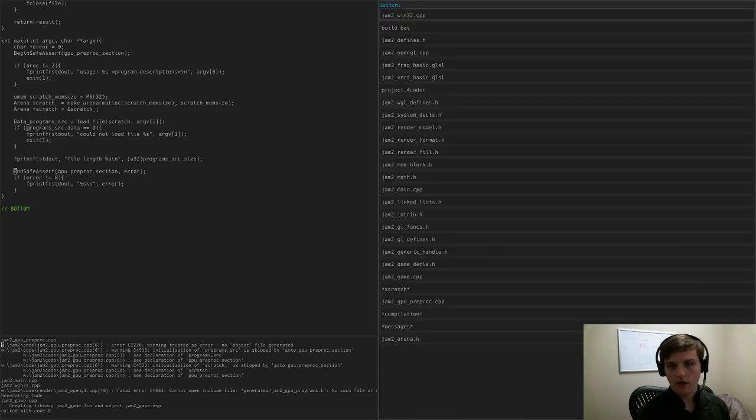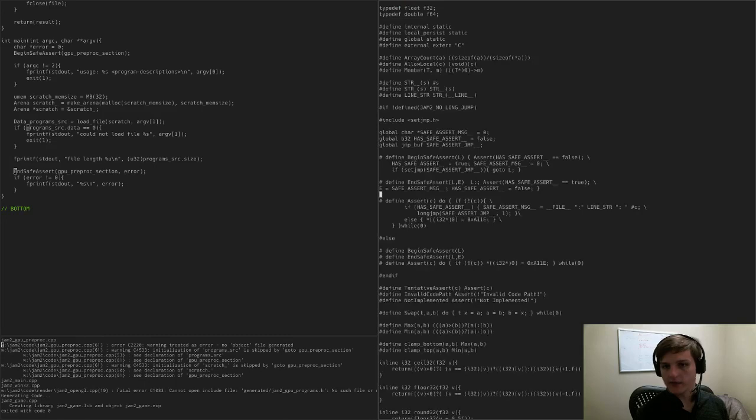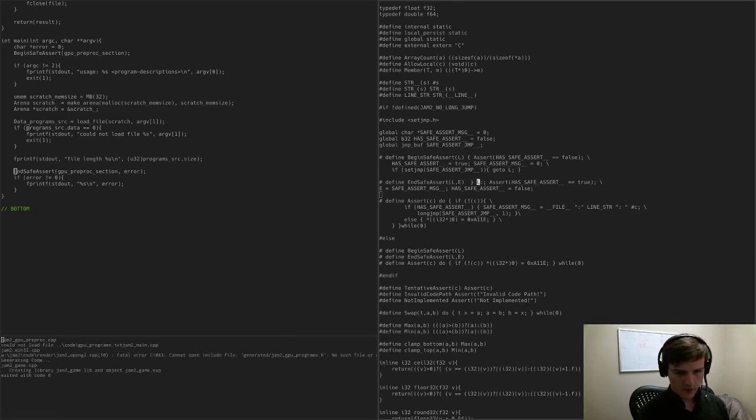I think I did that wrong. Okay, let me go to my defines file. So it's worried because the goto label is still inside the same scope. What happens if I put all of that outside of that scope? Okay, now it's not so concerned. Okay, there we go. Now its main concern is that it can't load that file, which is the right thing